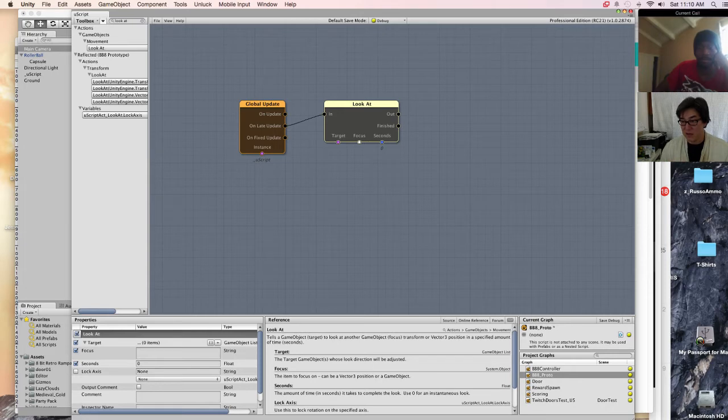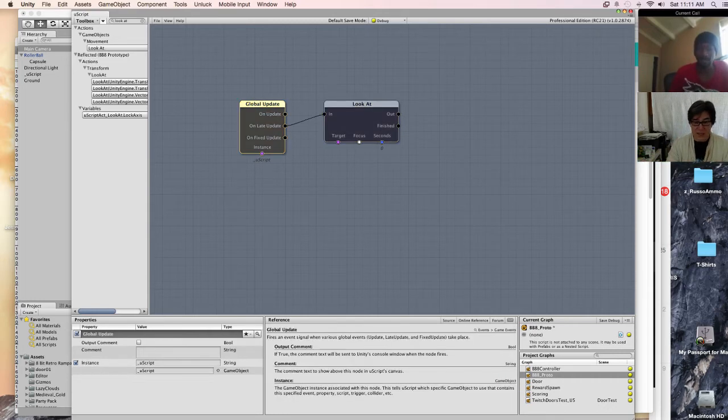So the point of doing this on late update is after the ball has moved, then I want the camera to look at it. If you do them both at the same time, you're not guaranteeing that the camera is going to look at its new position. They're kind of fighting in a way. It's a little smoother.